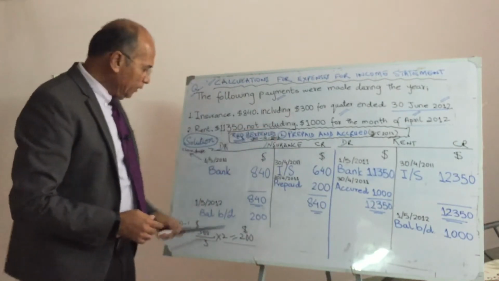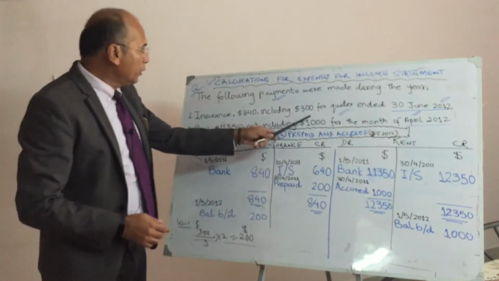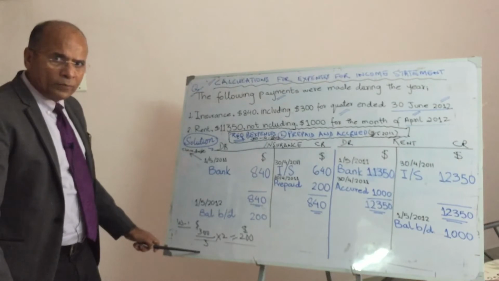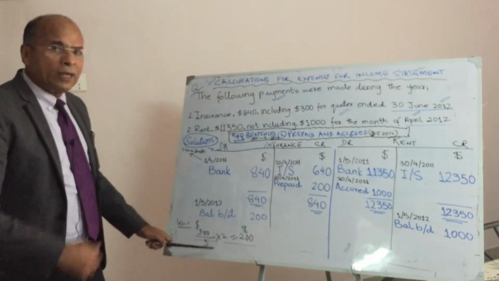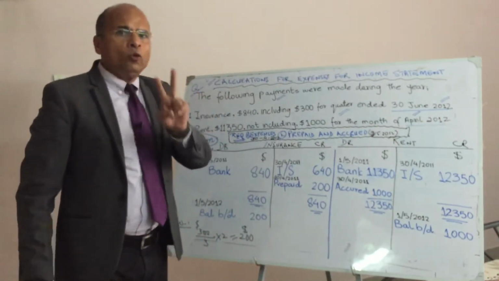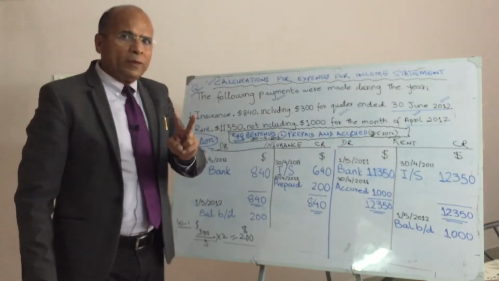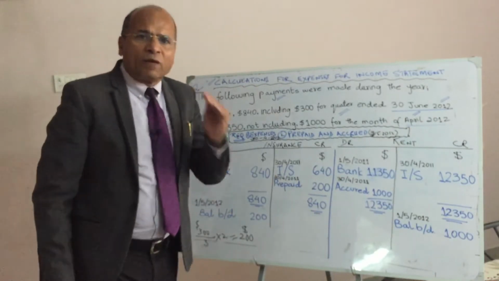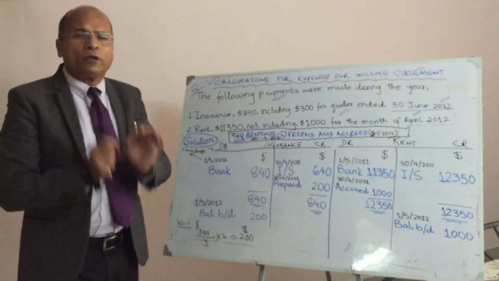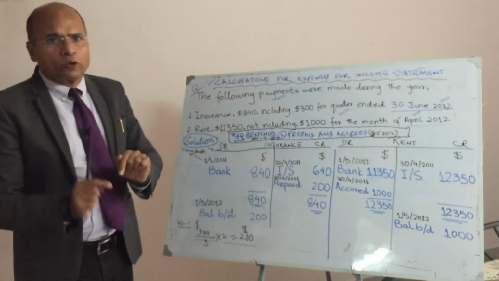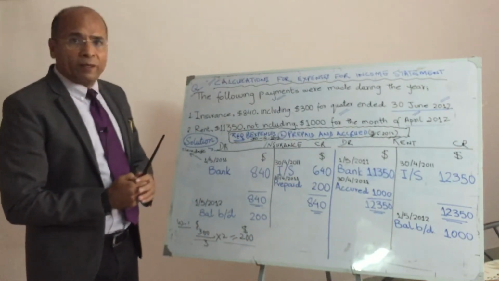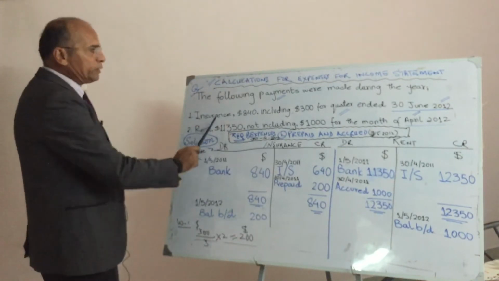So what did I do? I have taken 300. This 300 is included in the 840. So what did I do? 300 divided by 3, for 3 months. Then 2 months are out of the accounting year, after April, the months May and June. The payment against these 2 months, the services against these 200, I did not receive. It means these 200 rupees are not part of the expenses of this year. So if they ask us to calculate the expenses, how do we make it? Now the solution. I discussed only point number 1.